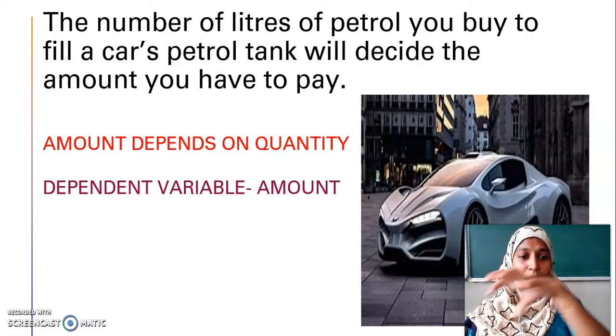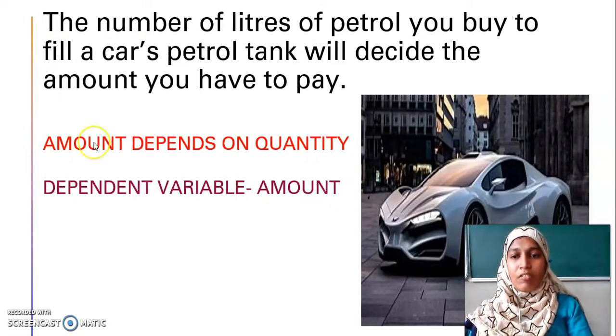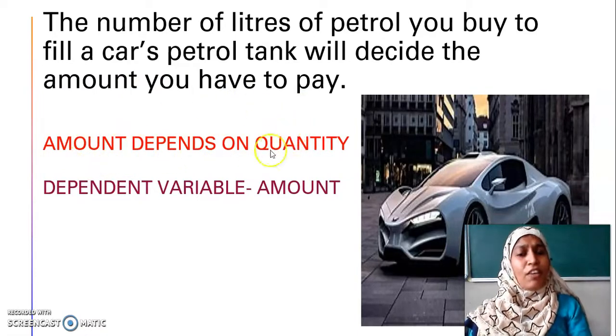Now I am linking over algebra here in this graph. So in maths, all the chapters are interlinked. Amount is a variable. Quantity is a variable. Why is it a variable? It changes as the amount changes, or amount changes as the quantity changes. They are not fixed. But if I say the value pi is equal to 3.14, will it change? No, it will not change. Such things are called constants. Now I am talking about variables alone.